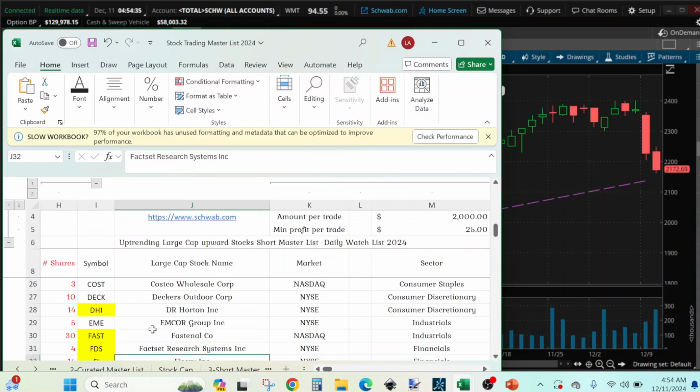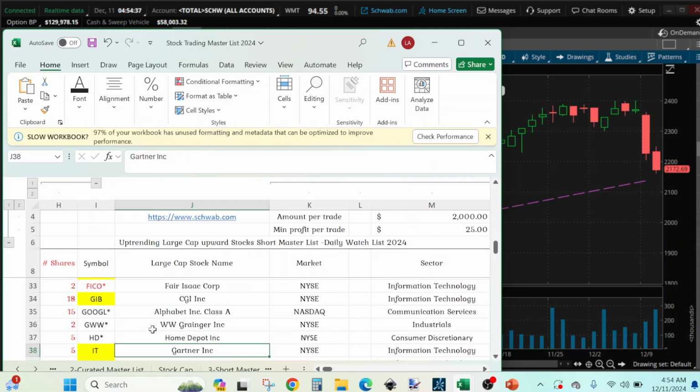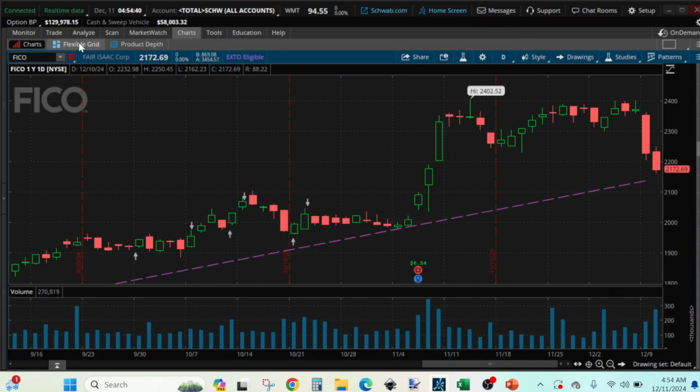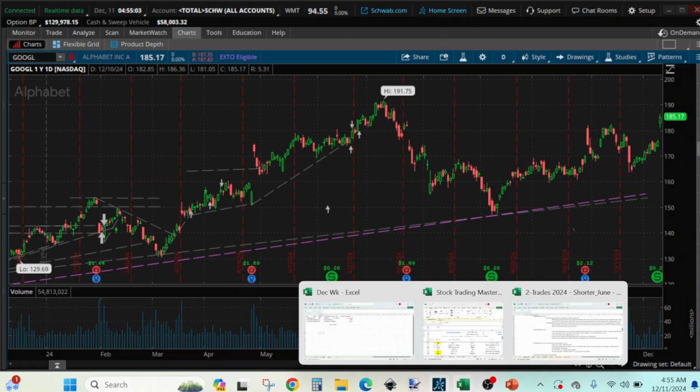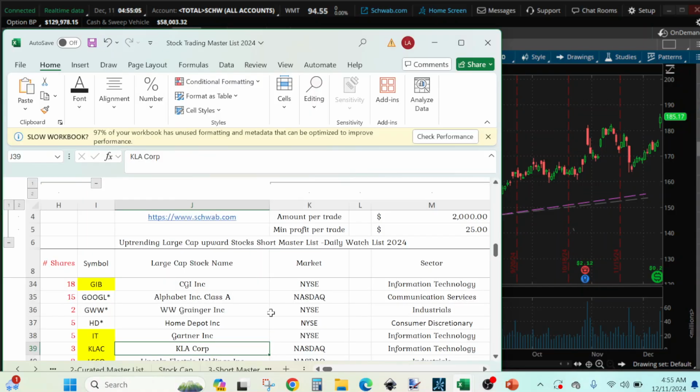Okay, the next one is Google. Google is, because it reached this line and started going away from it, I think it's already going up and might come back maybe around March or so. Let's see here, yeah, around March. Okay,